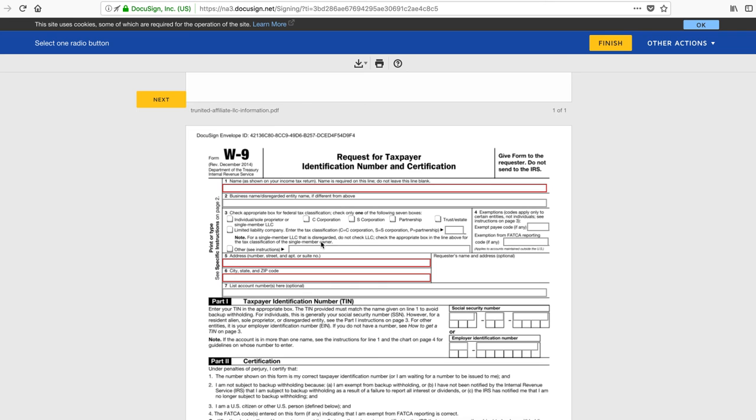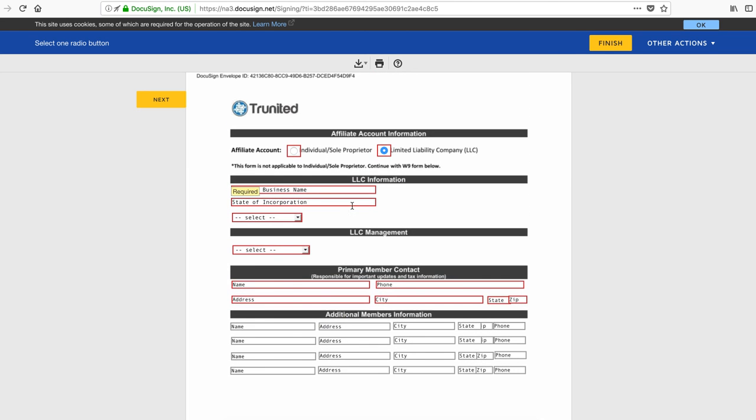The next thing to get from them, the next question to ask is, what is your business name? And they enter that, and then on the PDF, we're going to put that right here in this box. And then the next step is to ask them, okay, we've already got their business name. We need to ask them what is the state of incorporation, and have them select from a drop-down list